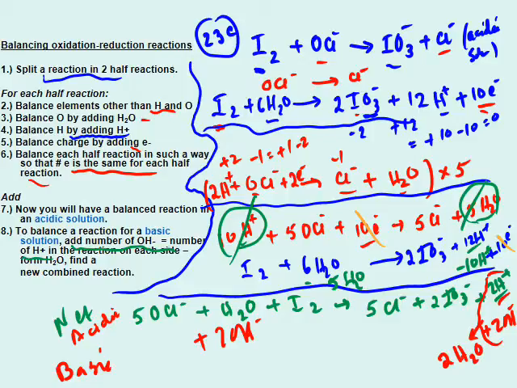So now, for balancing in basic solution, I have 2H2O on the right side, and I have H2O on the left side. So again, I can reduce that, and that H2O can be brought over there. So overall, you can get 5 OCl minus. Keep in mind, this is the basic balancing, and you're not required to do it for this particular problem, but for other problems you need to do this if they're asking for it. There will be 2 OH minus plus I2 giving,